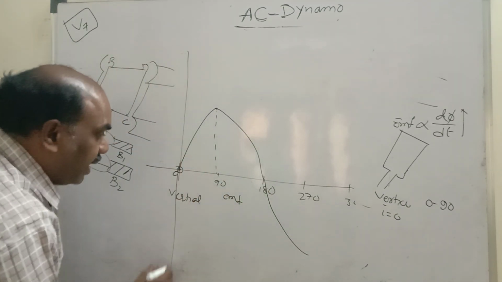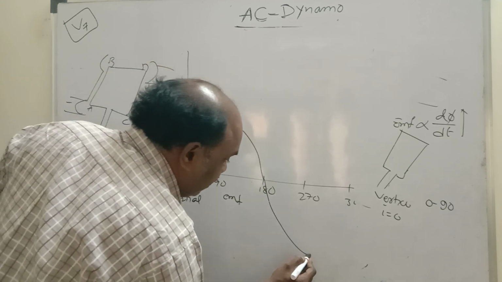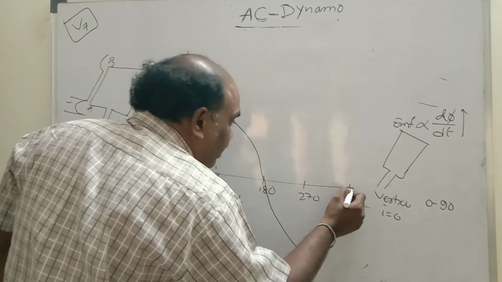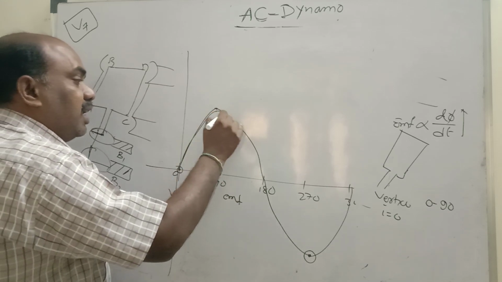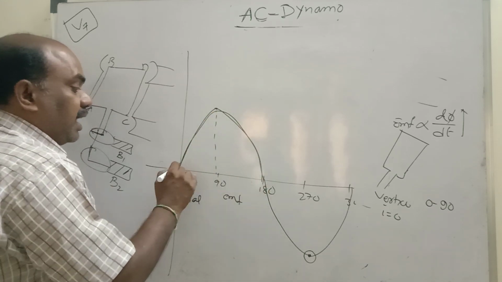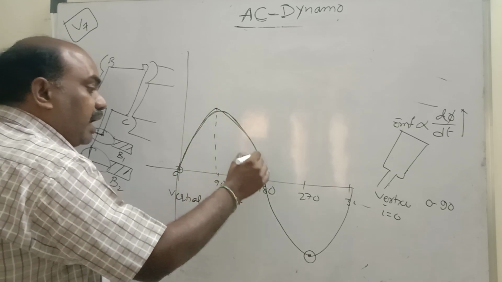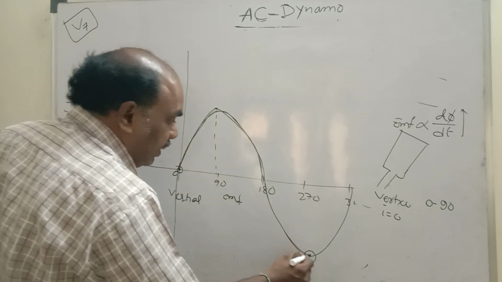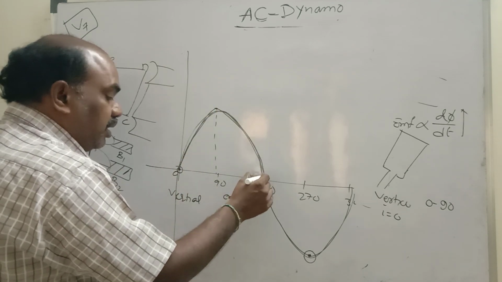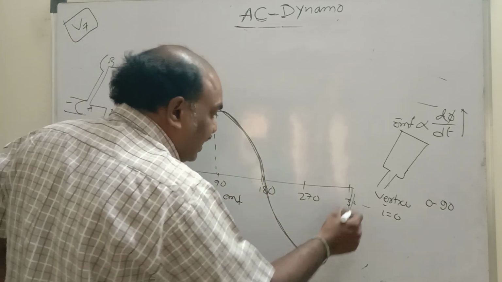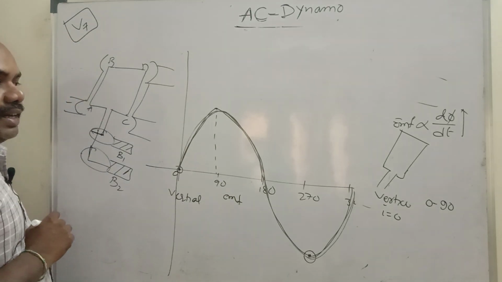This is minus 90. This is maximum induced EMF. Again it will be reversed. Like this, this is alternating current. For clockwise deflection, in the first half rotation the current will be maximum, and in the next half rotation the current will go from minimum to maximum. This is clockwise maximum, clockwise minimum, anti-clockwise maximum, anti-clockwise minimum. This is alternating current.